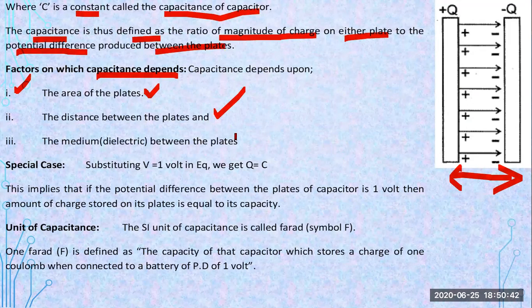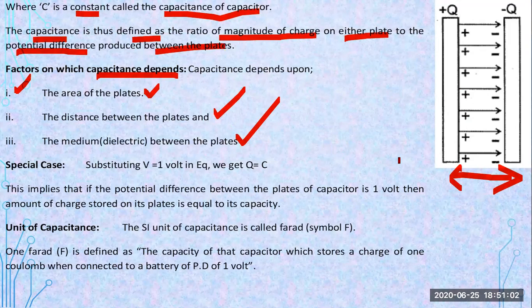Number three is the dielectric medium between the two plates. It also depends on that. Most of the time you have done some experiments during your early age. You have done so many adventures with electronic items. You must have seen, you have broken some capsule-type objects from an electronic circuit.